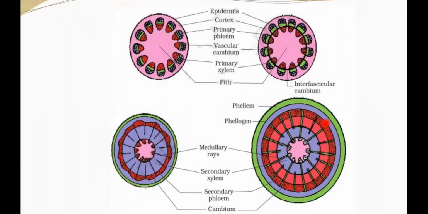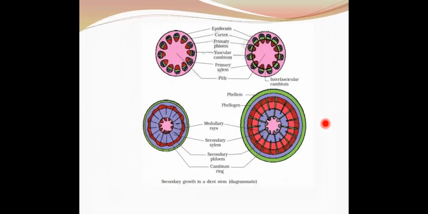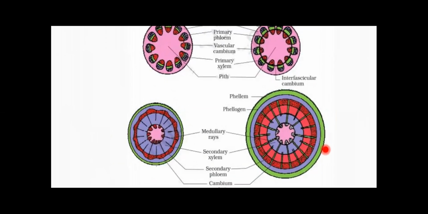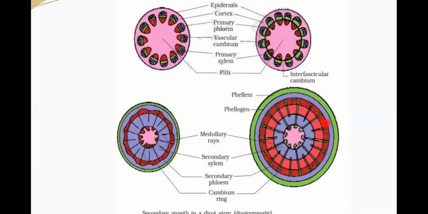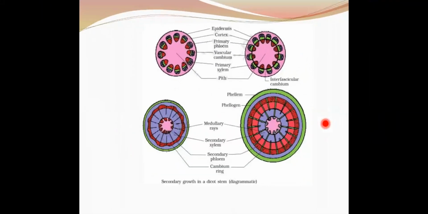You can see the diagram here of secondary growth, particularly in a dicot stem. First, you have to remember the vascular cambium, the formation of the cambial ring here. And how is the cambial ring formed? It is formed by the activity of interfascicular and intrafascicular cambium. Both together constitute the cambial ring, and then it starts